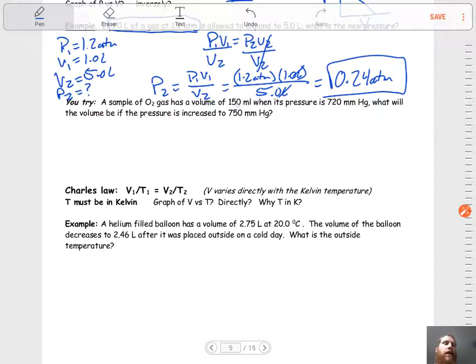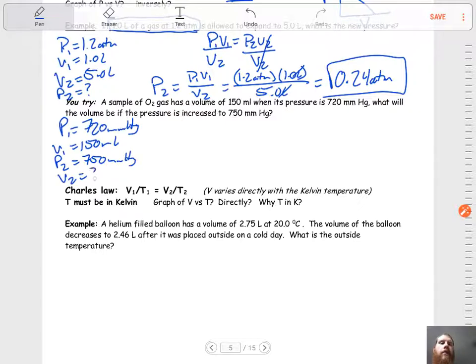All right, so here we go. A sample of gas has a volume of 150 milliliters when its pressure is that. So that means these two go together. I'm going to call my P1 720 millimeters mercury. V1 equals 150 milliliters. And then my new pressure is going to be increased. P2 is 750,